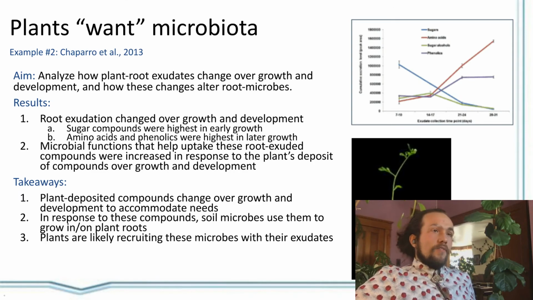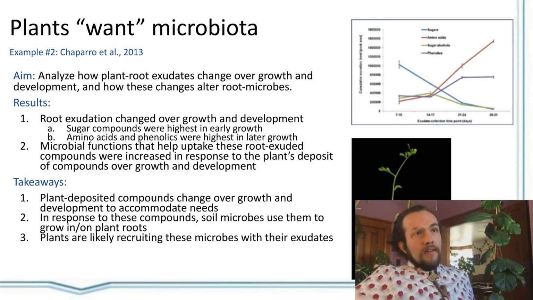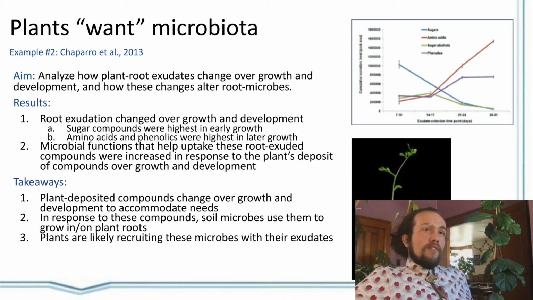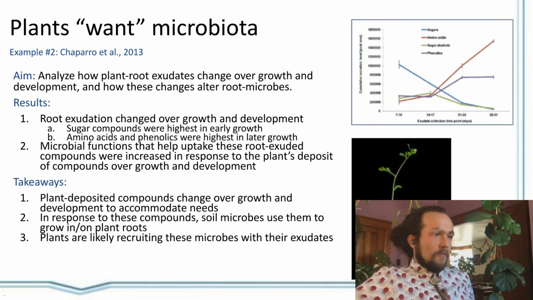Moving forward, another example of how plants want microbiota, the second study I want to highlight was by Chaparro et al. They basically wanted to see if plant-deposited sugars, also called root exudates, changed over development with the plants, so through vegetative and seedling, flowering growth. And then they also wanted to see how these changes in compounds could affect the microbiota or the microbes in the soil. So they used Arabidopsis thaliana, which is just like a wild mustard, but also like the lab rat